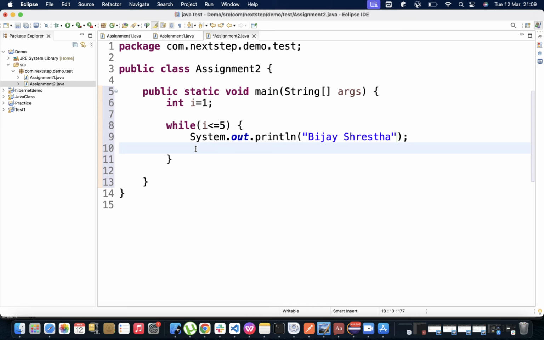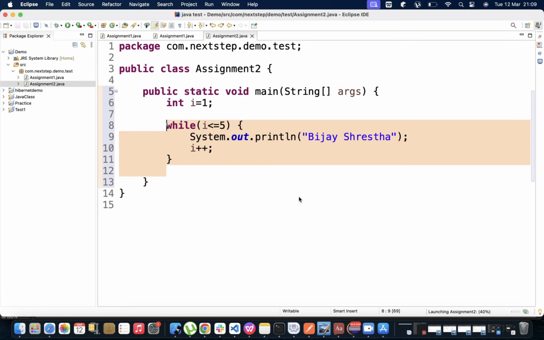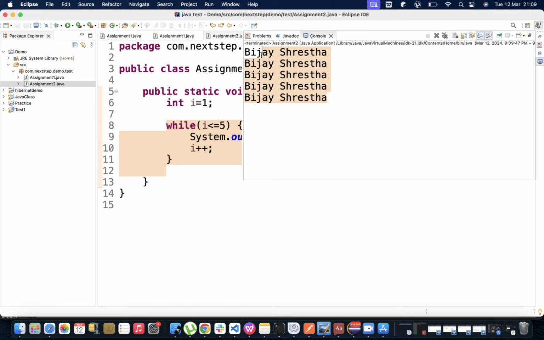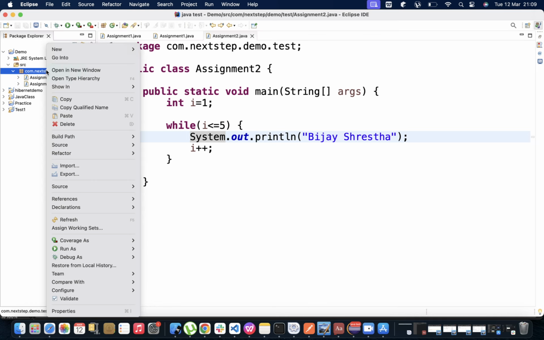सो 1 देखि 5 सम्म पुग्न अब भ्यालु इन्क्रिज हुने कि डिक्रिज हुने? त होइन त, इन्क्रिज हुने हो नि त। सो म चाहिँ के गर्छु, i++ गर्छु। सो अब यसलाई मैले एक्जिक्युट गरेँ भने चाहिँ यसको आउटपुट के आउँछ त? विजय चाहिँ 5 टाइम्स आउँछ। ओके सो here is the output है। सो सेम त्यस्तै गरी मैले अब वाइल लुपको नि एउटा